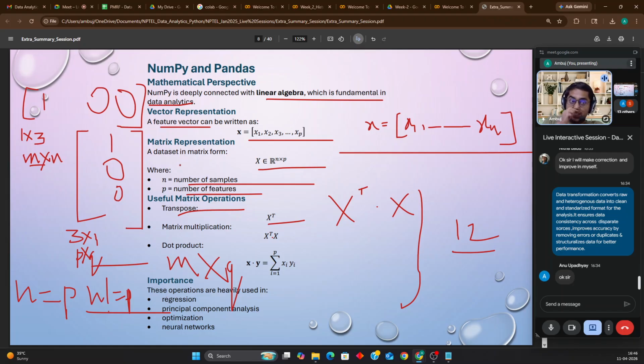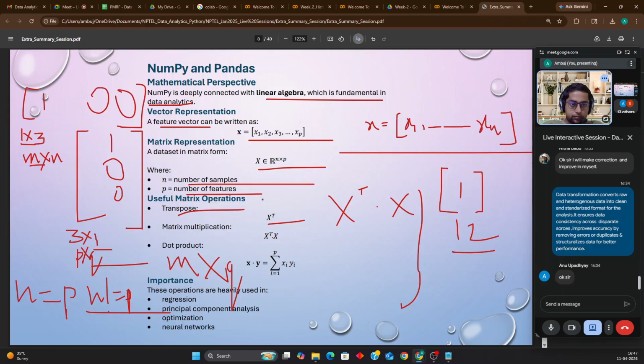How will we perform the multiplication? We will perform it row wise and column wise. This row will be multiplied with this particular column. Then another row will be multiplied by another column, and this is how we will perform the multiplication. We will form a matrix of size 1 cross 1. There will be only one row, one column, and that element will be how much? 1.